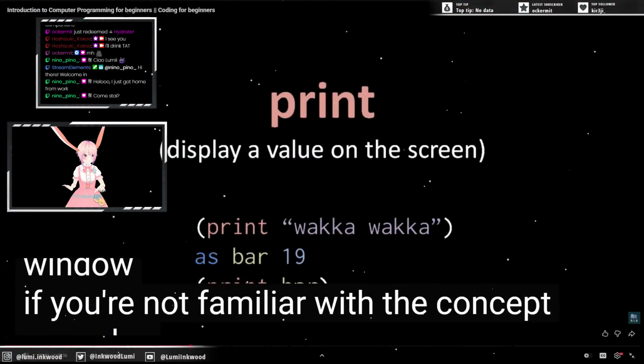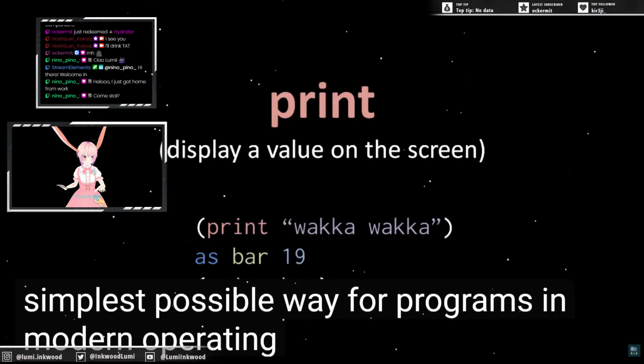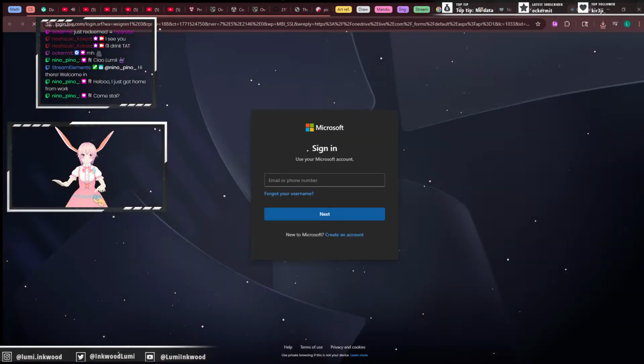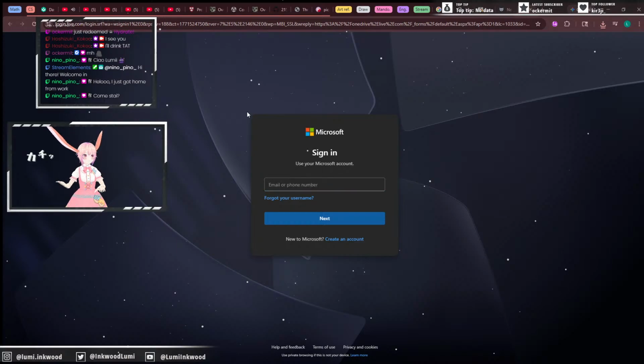If you're not familiar with the concept, consoles, also called terminals, are the simplest possible way for programs in modern operating systems to display text output and get keyboard input from the user. We'll discuss consoles in detail in a later unit. In any case, here in this code, the first line print with the string waka waka will display waka waka